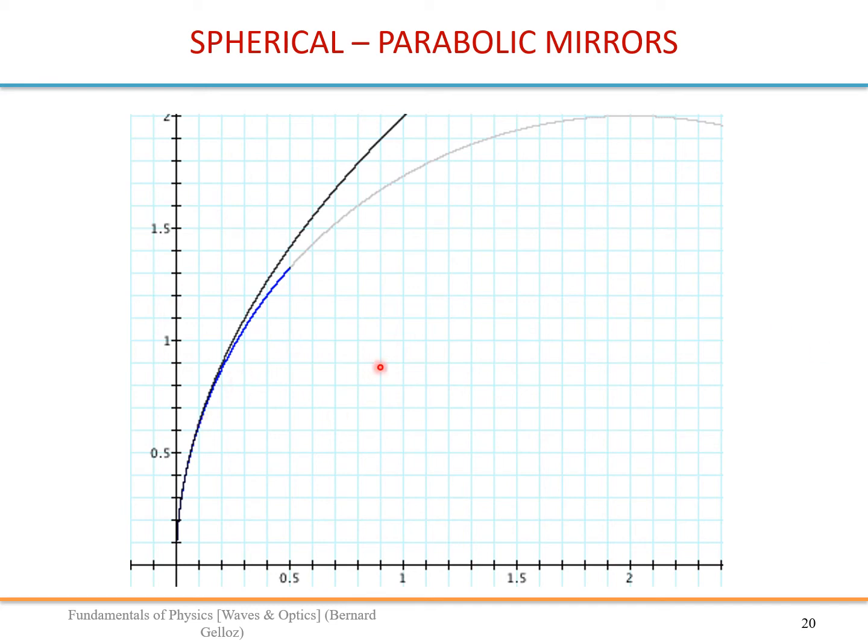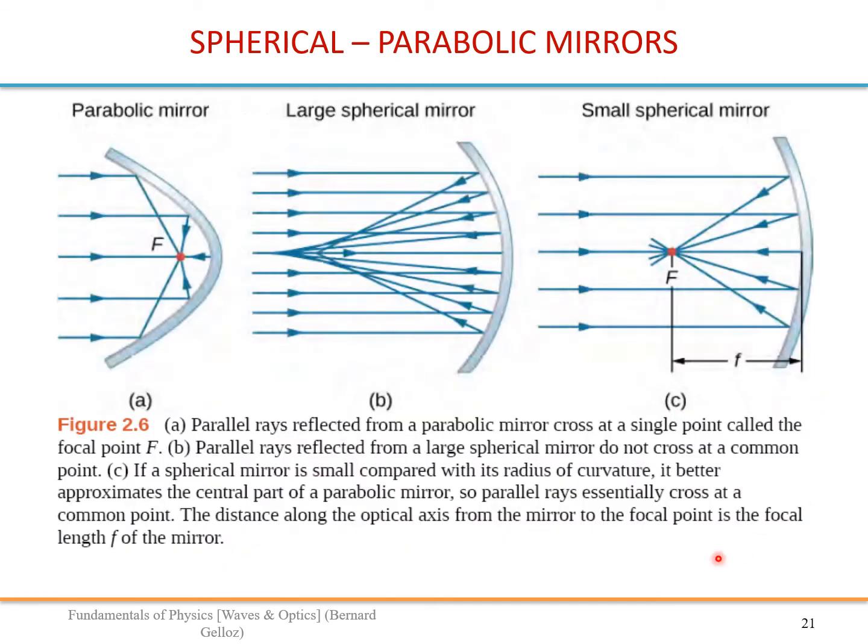So one approximation of geometrical optics will be to consider only, do not confuse with the focus point, just these rays that are parallel to the optical axis and close to that axis. So we are dealing with rays in this range. Okay, so this shows all what we said.